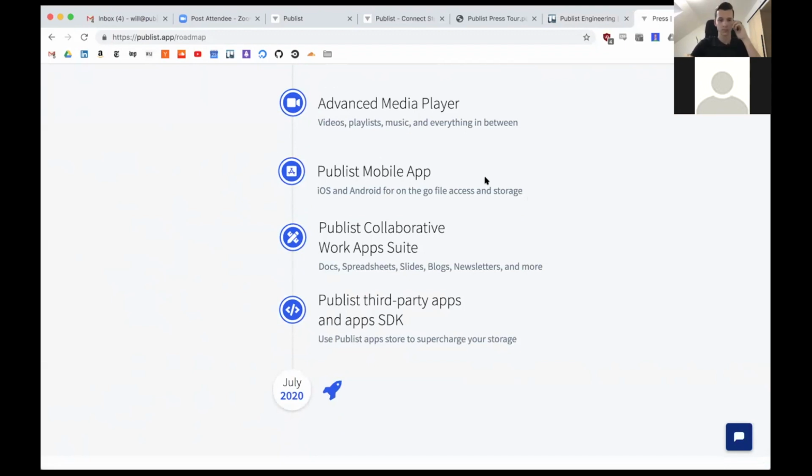I've actually built 2 mobile apps now, so this won't be too new to me. But it's no small task. So we'll be launching an iOS and Android app to make it really easy to access everything on Publist on the go. And then finally, we get into our AppSuite and the big, really exciting thing that we cannot wait to work on,